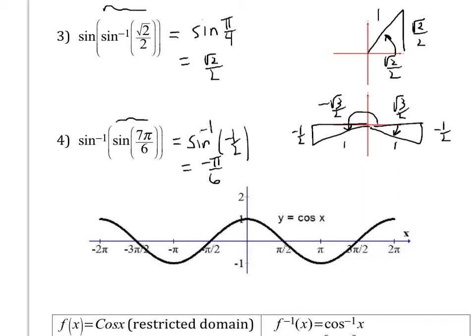The cosine function is not one-to-one either. How should we restrict that? Well, the normal way we usually do it is we look at this piece right here. Look at this piece right here. And so